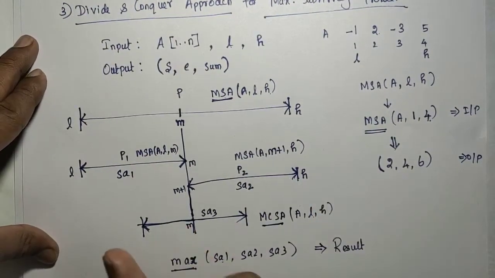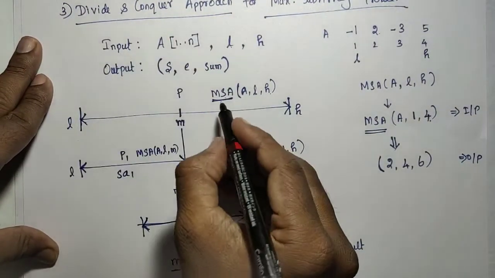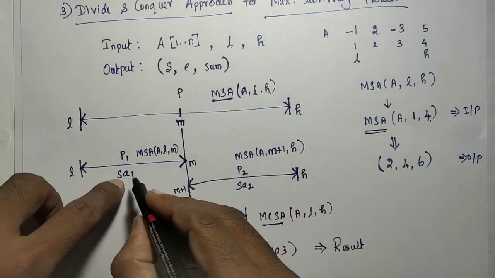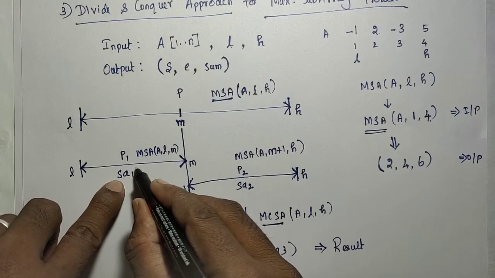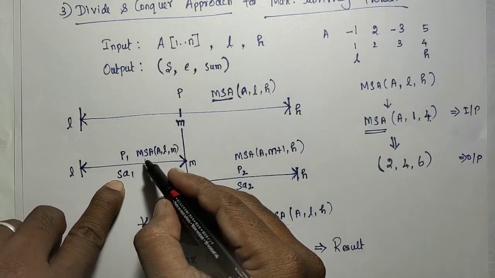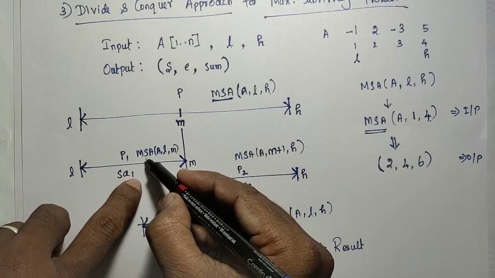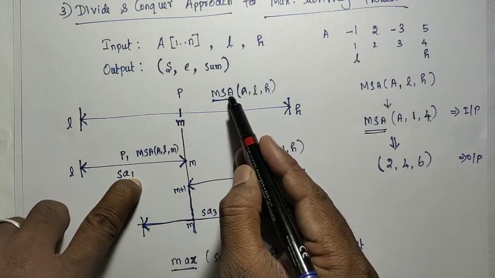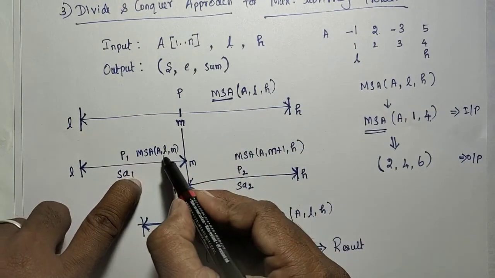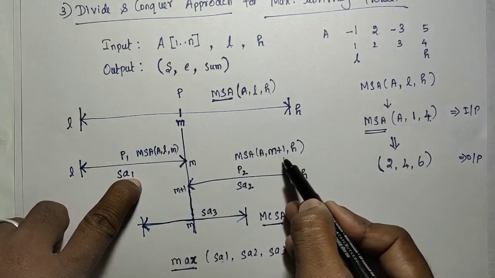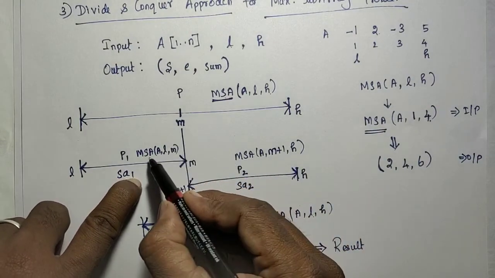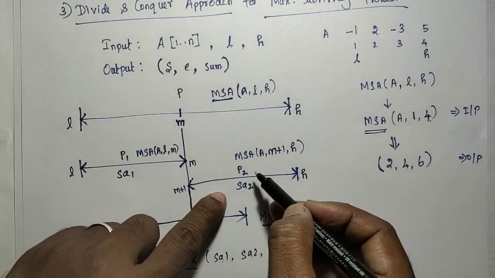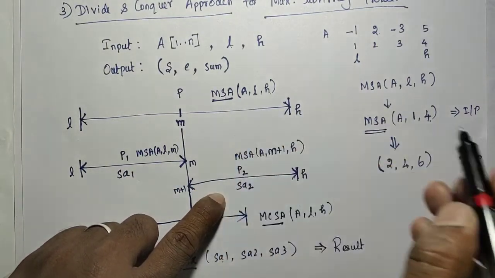So now you can get some idea about divide and conquer. The main problem A, L to H is divided into subproblems, and then the subproblems are solved. The solution is determined recursively or iteratively. Here we are going to use recursion, because the subproblem is nothing but a smaller instance of the main problem. The main problem is to find the maximum subarray from L to H. The subproblem is to find the maximum subarray from L to M, and then M plus 1 to H. For finding the subarray in each range, we are going to use the same procedure.